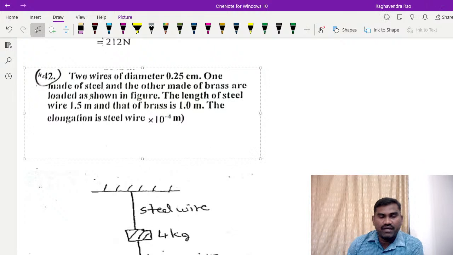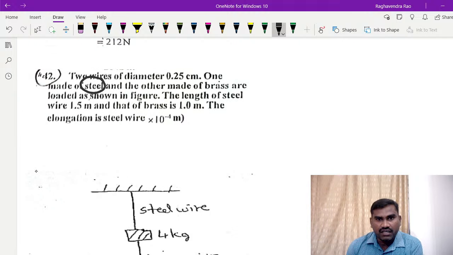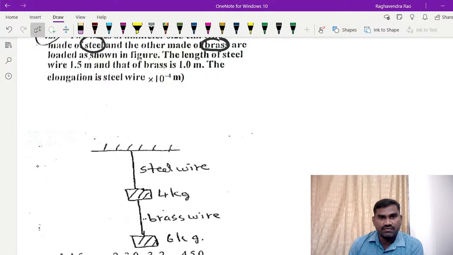Two wires of diameter 0.25 centimeter. The diameter is the same. One is made up of steel and another made up of brass. One is the steel wire and another one is the brass wire. That means Young's moduli are different. Loaded as shown in the figure. So the figure is given like this. The length of steel wire is 1.5 meter and that of brass is 1 point